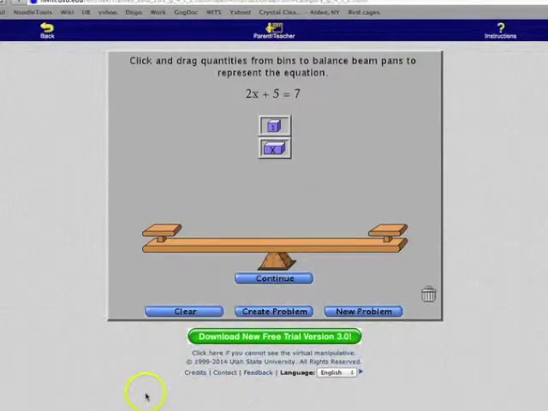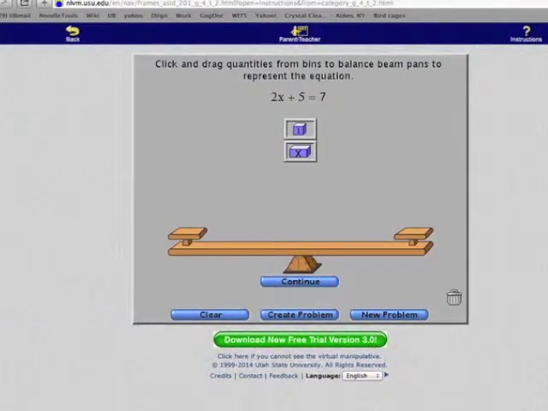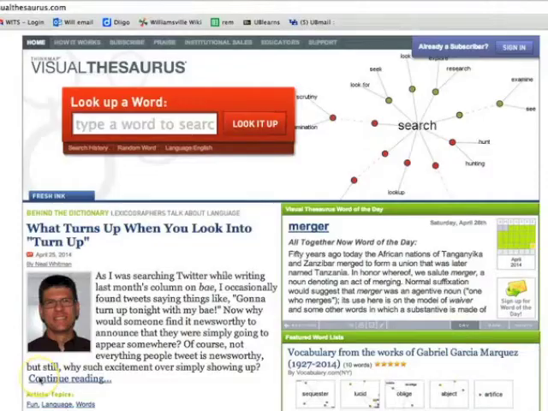So this website, National Library of Virtual Manipulatives, is a great math website. So try a couple, see what you think. If you get to one that you don't know how to do, over on the side are directions, or go try another one. Some of them are more complex than others. Have fun.